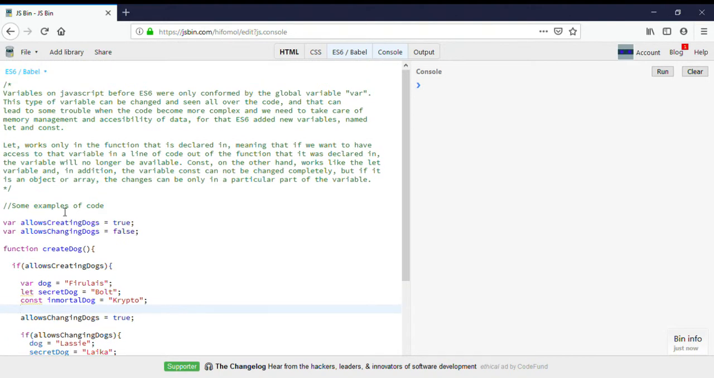But in ES6 we have some new variables called let and const. The first one is a variable that cannot be used out of a function or the place where it was declared in. The variable will not be available in other parts of the code, and the const is a variable that works exactly like the let one, but it doesn't have